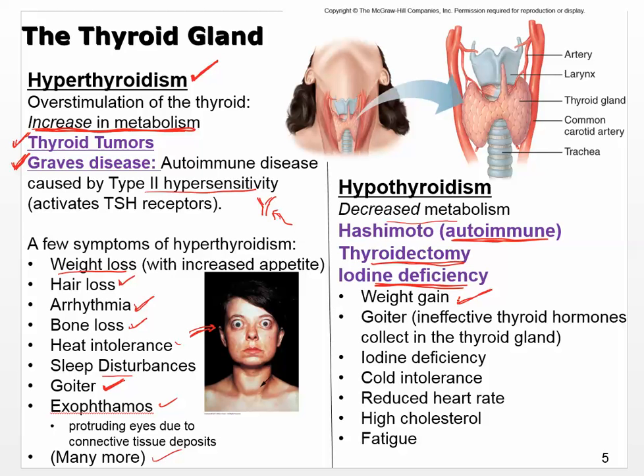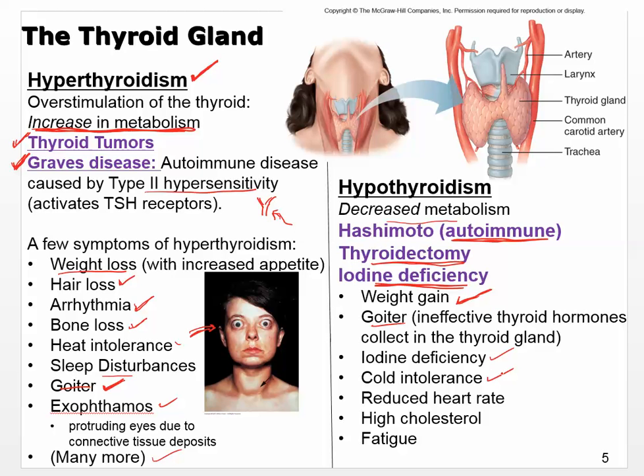Weight gain. We'll still see goiter, because, like I mentioned, if you're lacking iodine, then you're not going to be able to make enough thyroid hormone. Yet your thyroid gland is going to try, and it's going to make this precursor, and so you're going to get goiter. So you can see that shows up in both categories. It's just a completely different reason why. So with iodine deficiency, if you were to test someone, they would have lower iodine in their blood.